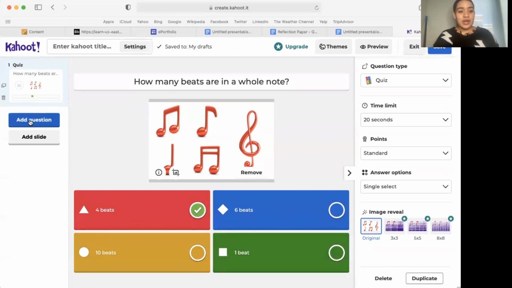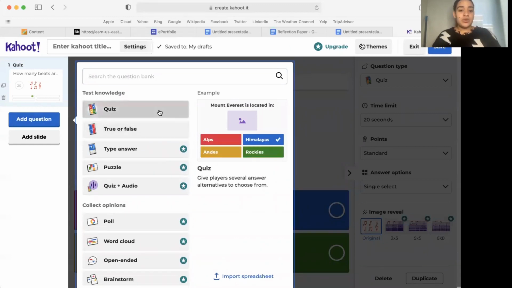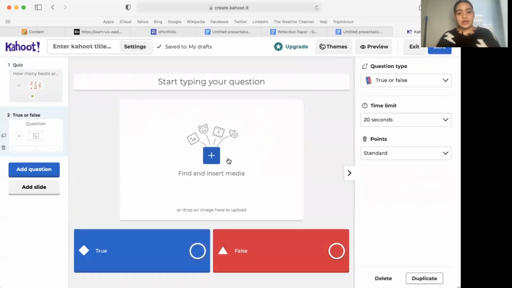Then over here on this side, we can add a question. Since we're on the basic plan, we're only allowed quiz and true or false questions. So let's try true or false. Let's say quarter notes are worth one beat.